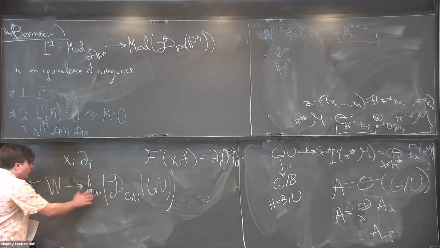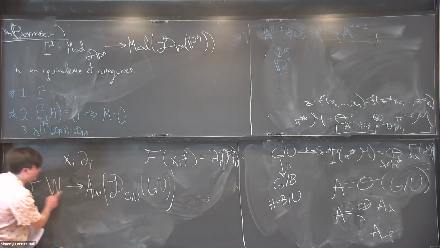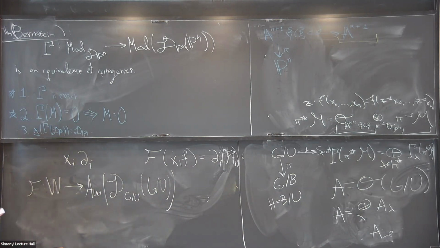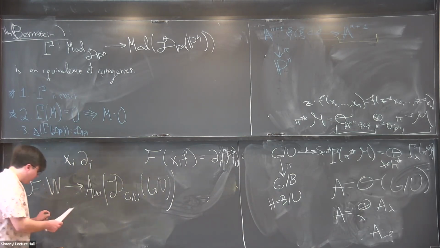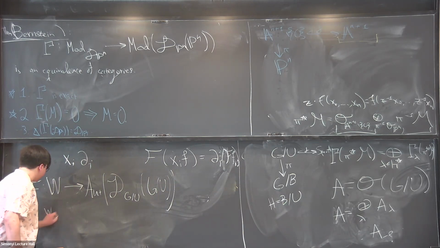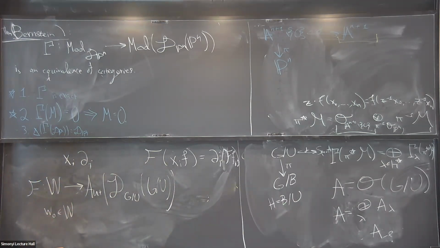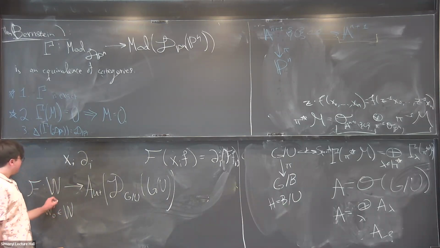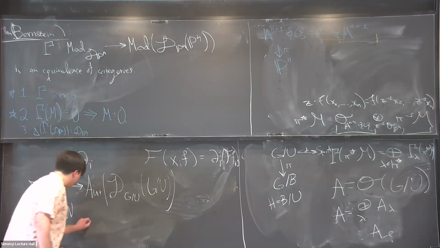Now, Kazhdan and Lemon constructed a way of turning Weyl group elements into Fourier transforms on G mod U. And then, maybe for reasons of time, I'll start saying less. What you do is you look at w0 in W, a longest length vector. And once you have this longest length vector,